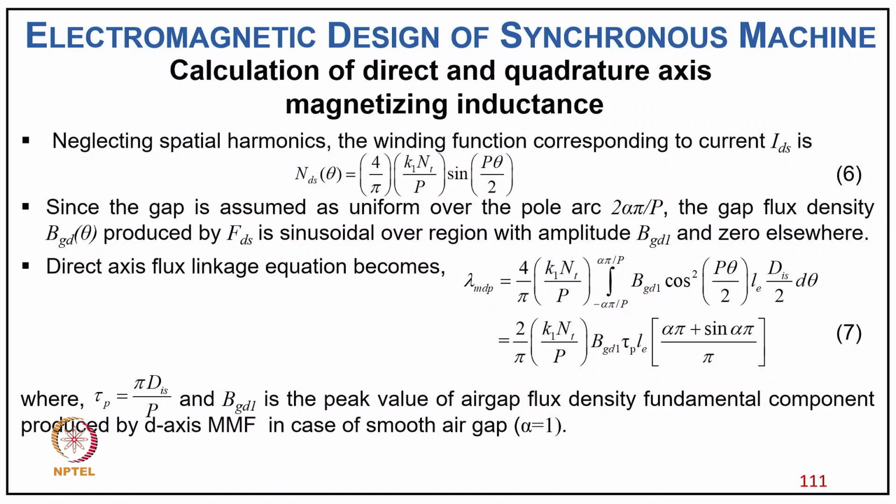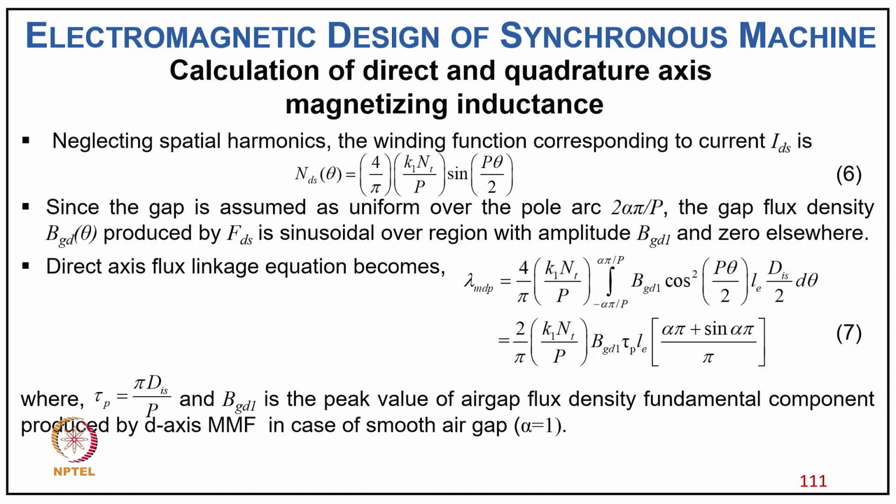So the direct axis linkage equation becomes λmdp equal to 4/π × K1 Nt/P times the integration from −απ/P to απ/P of Bgd1 cos²(Pθ/2) × L Dis/2 dθ, that becomes equal to